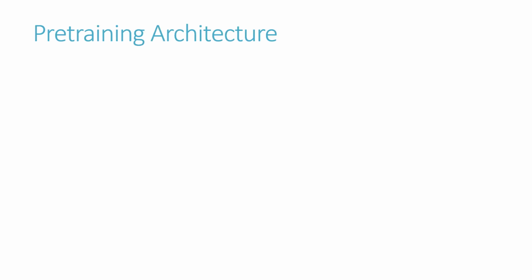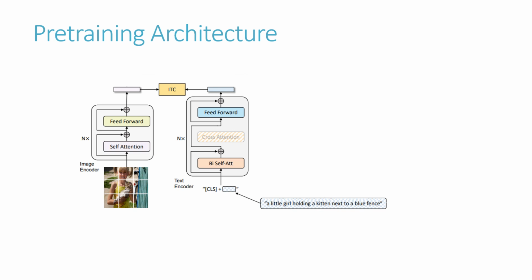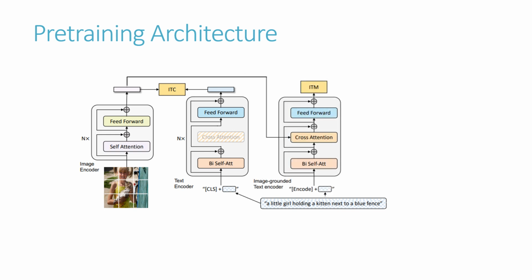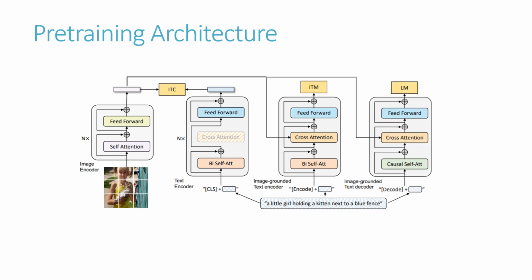Now we go through the pre-training architecture, which uses a multimodal mixture of encoder-decoder, or MED for short. The three key modules of the MED are: 1. The unimodal encoders, which get the encodings of the image and text independently. 2. The image-grounded text encoder, which uses cross-attention to model image-text interactions and obtain representations of the image-text pairs. And 3. The image-grounded text decoder, which uses cross-attention and causal self-attention and is trained with language modeling loss to